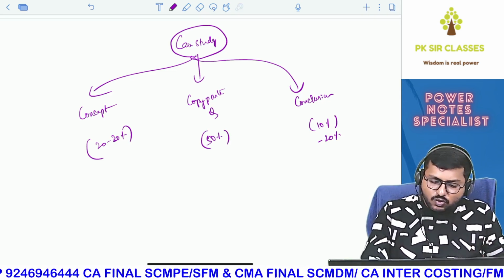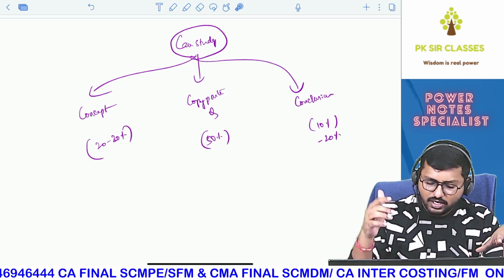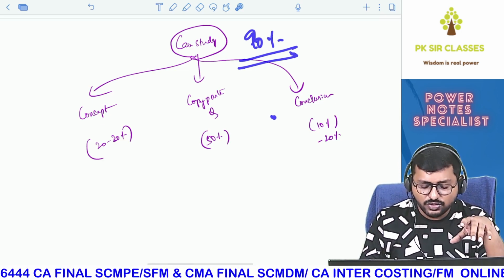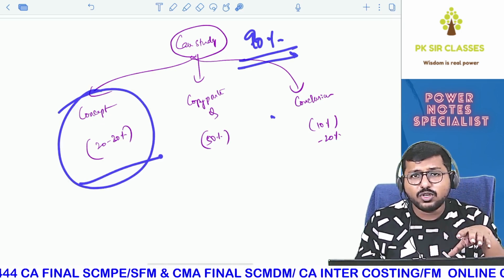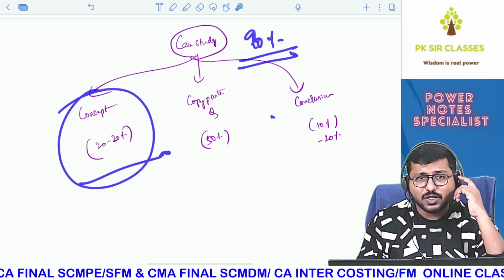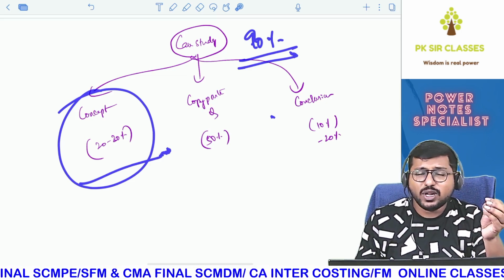One thing that I would like to tell you guys is why do you fear case studies? There is nothing to fear, because 90% of the case studies, if you analyze the solution, will be like this only. 20 to 30% is all about the concept, because every case study will be based on a particular concept, and anyway you have to remember that concept and then write it down. How to remember the concept? Already I gave you power notes, 296 pages.